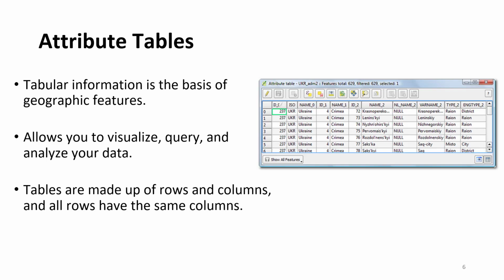One extremely important and useful part of most GIS software is the attribute table. Information exists or can be linked to most geographic features. The easiest way to display this information is usually in tables or in tabular form. Attribute tables allow you to visualize and analyze quantitative data. Another important aspect of attribute tables is the ability to logically query, search, or select for data that fits specific criteria. And like most tables, they're made up of rows and columns, and all rows have the same columns